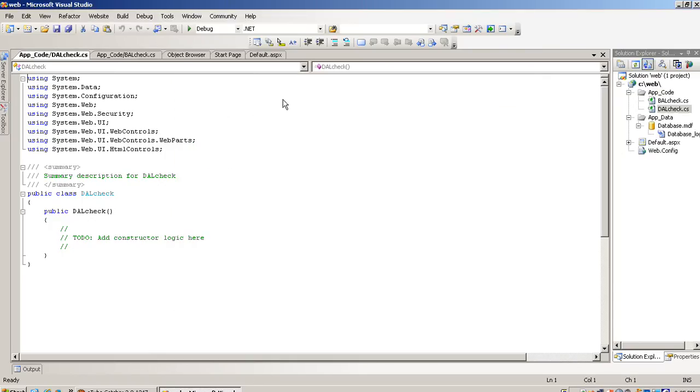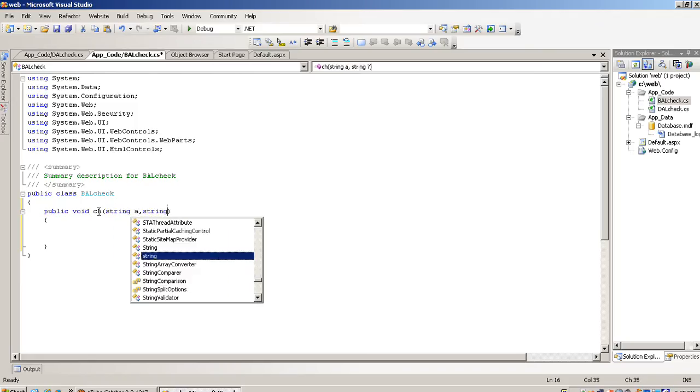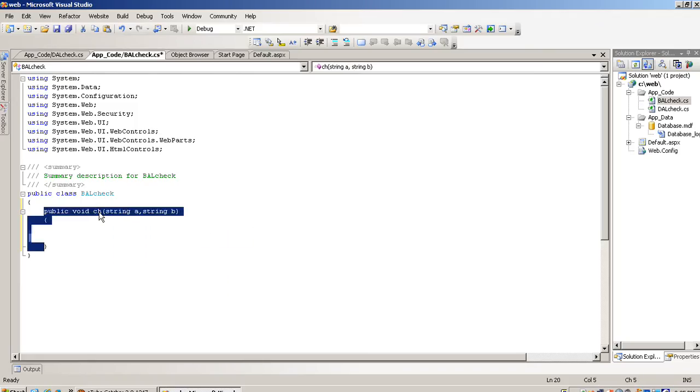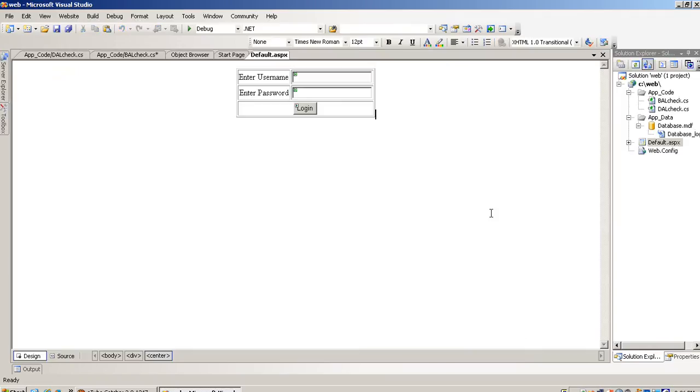Now in BAL check I remove this, and I have to write here public void function name ch, and I am using here two variables, string a comma string b. Now I copy this code and I paste this code in DAL check. So I am creating one method. Now from this default.aspx,